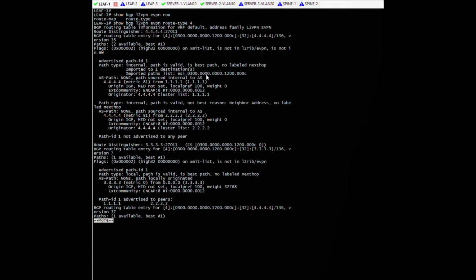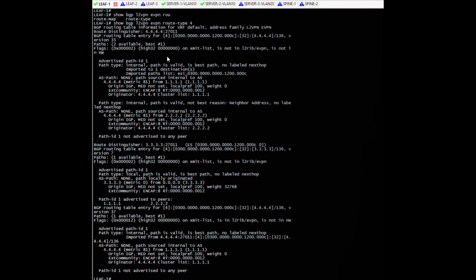And if we go back to leaf 1 and do a show bgp l2vpn evpn route-type 4, it will show the route type 4 configured locally and also the route type 4 that it has learned from other Ethernet segment peers which have the same Ethernet segment identifiers. So in our topology, leaf 1 has learned Ethernet segment routes from 4.4.4.4. It has done it twice because there are two route reflectors, so 1.1.1.1 and 2.2.2.2 are the two spines in